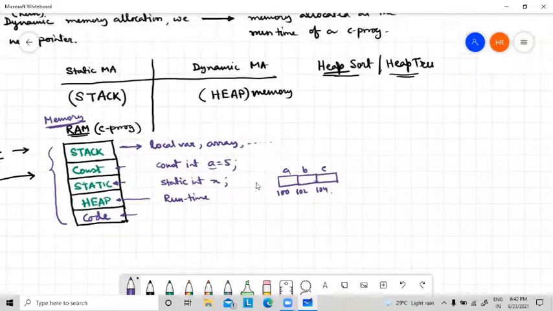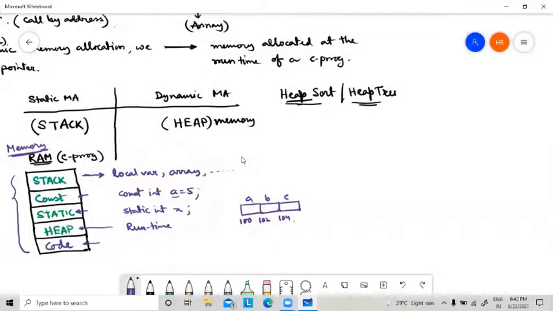Now we have already understood that dynamic memory allocation means memory will be allocated at runtime, and at runtime only heap memory can be allocated. Logic clear?